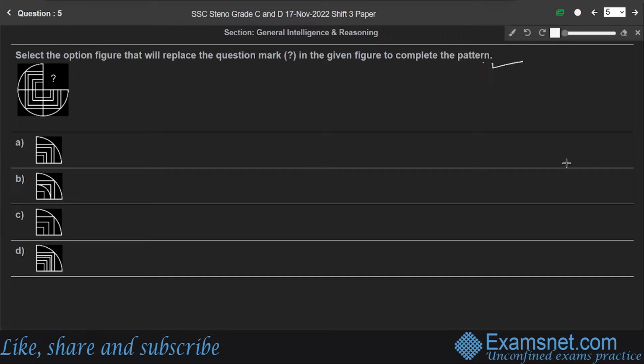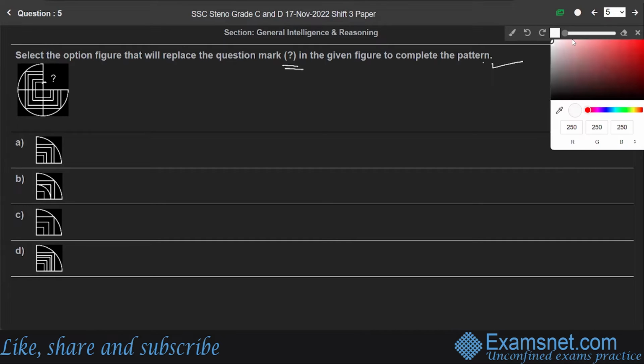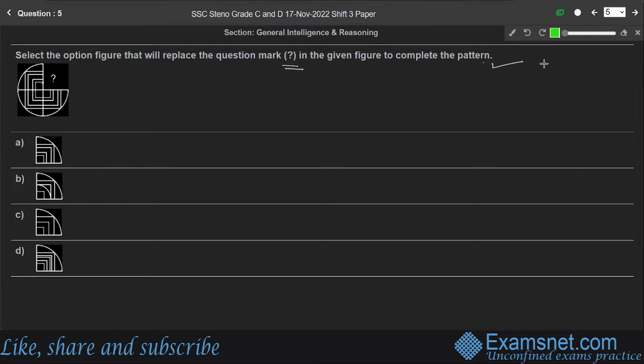Question number 5. Select the option figure that will replace the question mark in the given figure to complete the pattern. To complete the pattern, we complete the innermost square, right? Yes, complete the innermost square like this. So second one, second square, and the third one, and the fourth one,